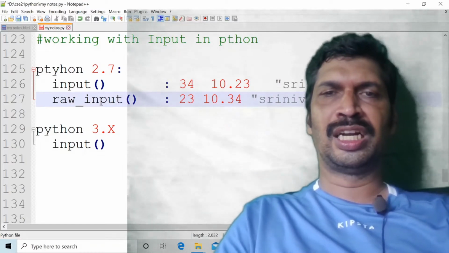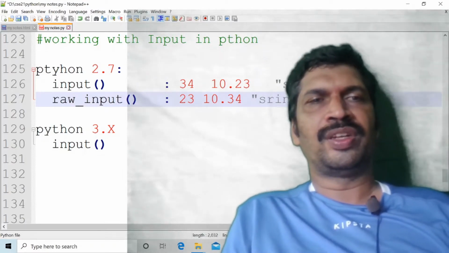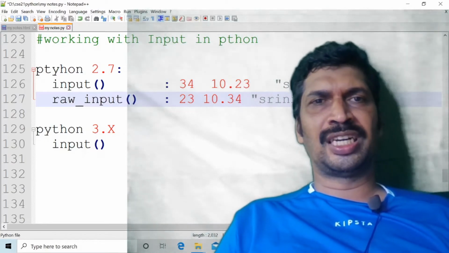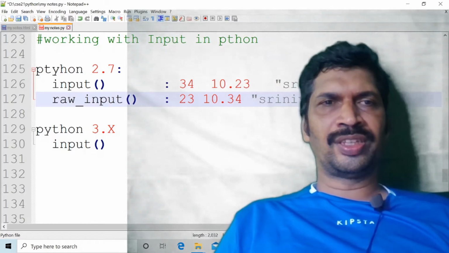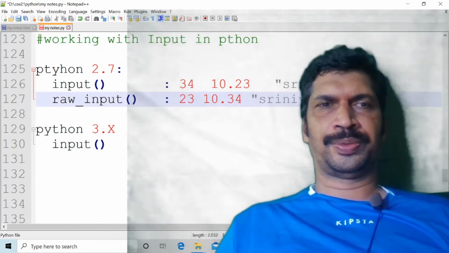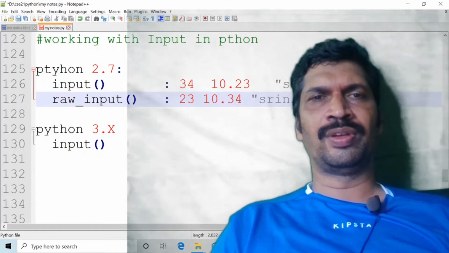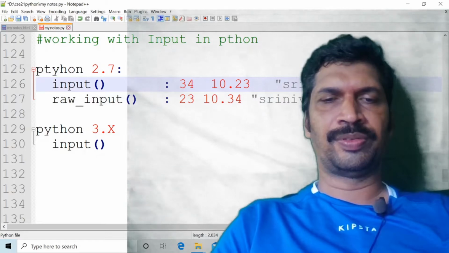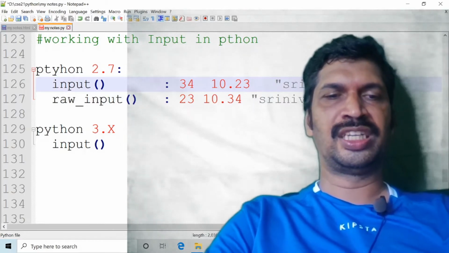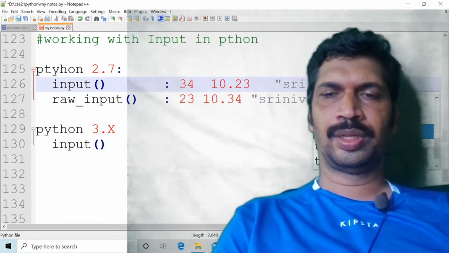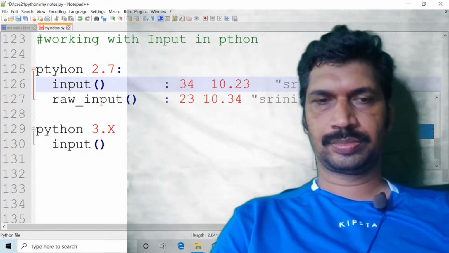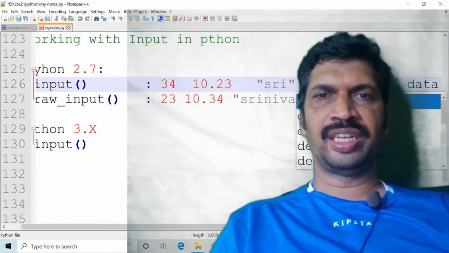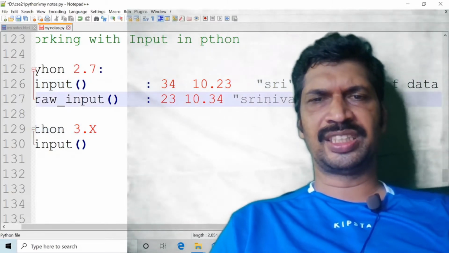What is the difference between input and raw_input? With the input function, whatever type we give will be considered as the given type. With the raw_input function, any type of data will be considered as string type.